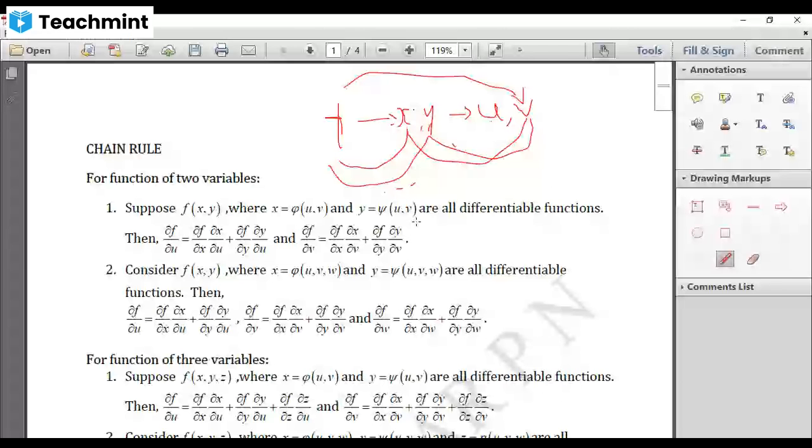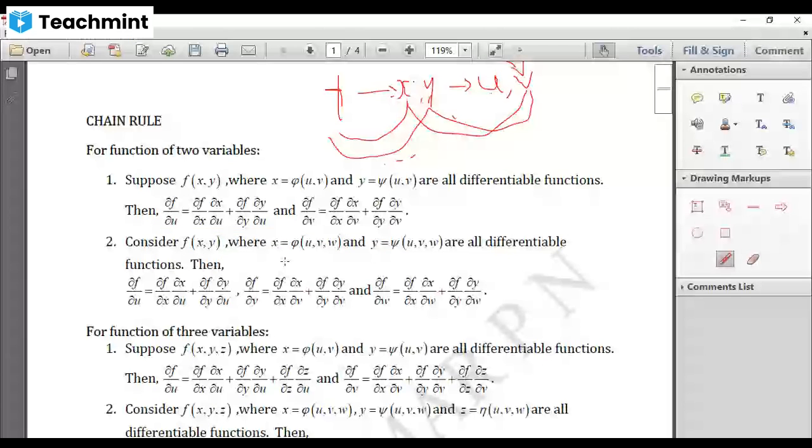So this is how you have to differentiate, right? How are you going to differentiate? First, with respect to one variable, dou f by dou u is equal to dou f by dou x into dou x by dou u plus dou f by dou y into dou y by dou u. That gives you the first one. Next, dou f by dou v is given by dou f by dou x into dou x by dou v plus dou f by dou y into dou y by dou v. That gives you the partial derivative of f with respect to v. So this is what the chain rule is.